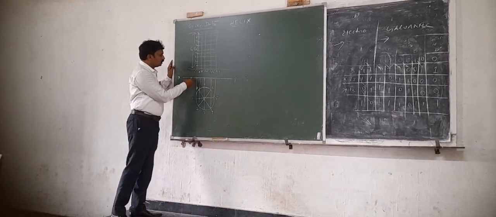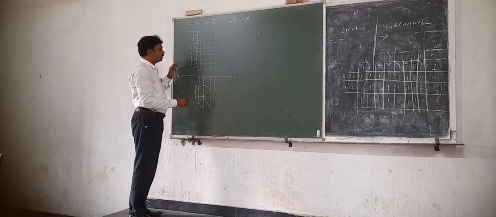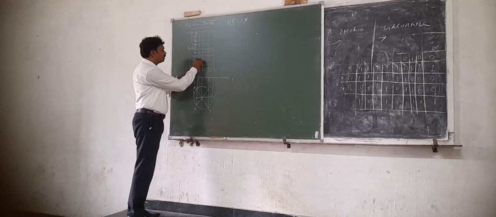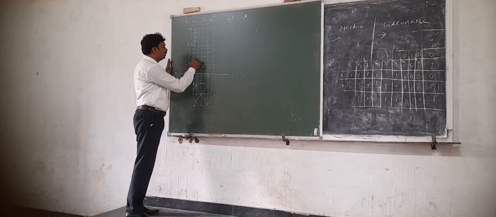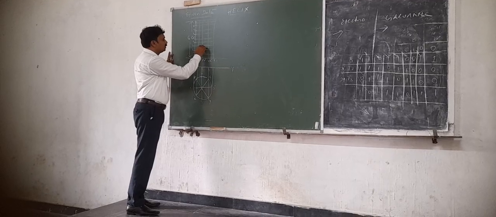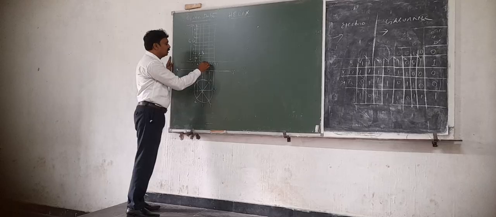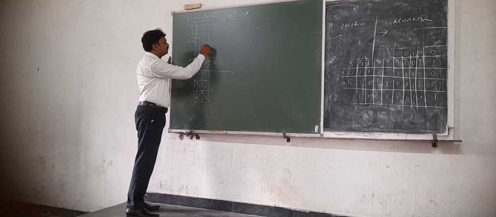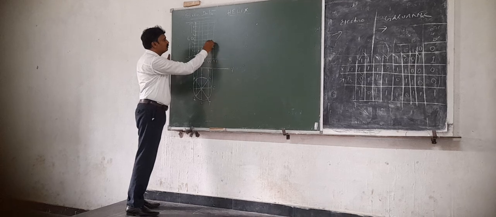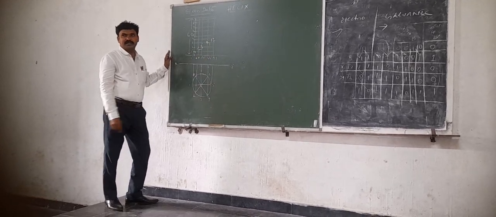Now see this, 1 dash is the starting point. Next, 2 dash. P1, it is P1, it is P2. 3 dash. Locate the intersecting points. P3. 3 dash. 4 dash. P4. 5 dash. The intersecting points are to be located.